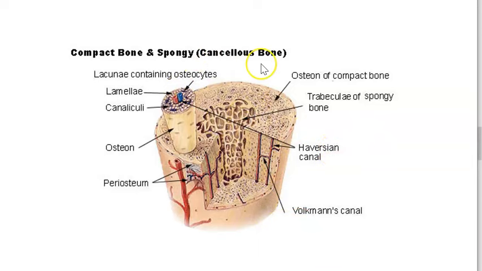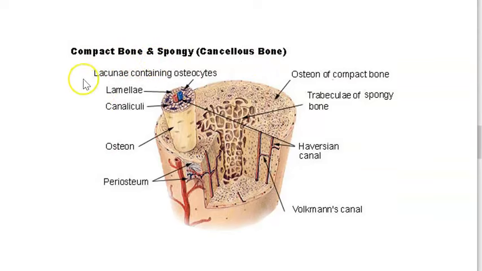Oh, this is the cancellous bone you're seeing. Compact bone and cancellous bone, both they are showing. Anyways, you look at compact bone here. That is the cortical bone, right? In that, you have the Haversian canal and the Volkmann canal. In the middle, whatever you're having, that is the spongy bone or the cancellous bone, trabeculae. So don't get confused. Whatever Haversian canal, Volkmann canal you're seeing, that is in the compact bone.